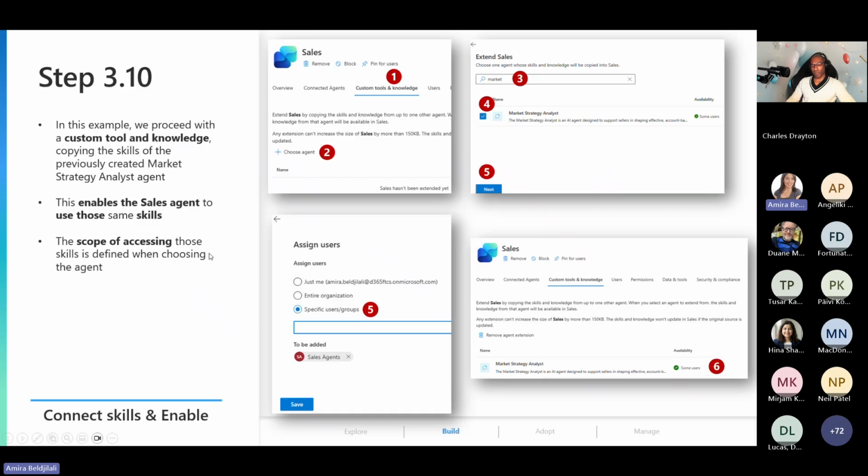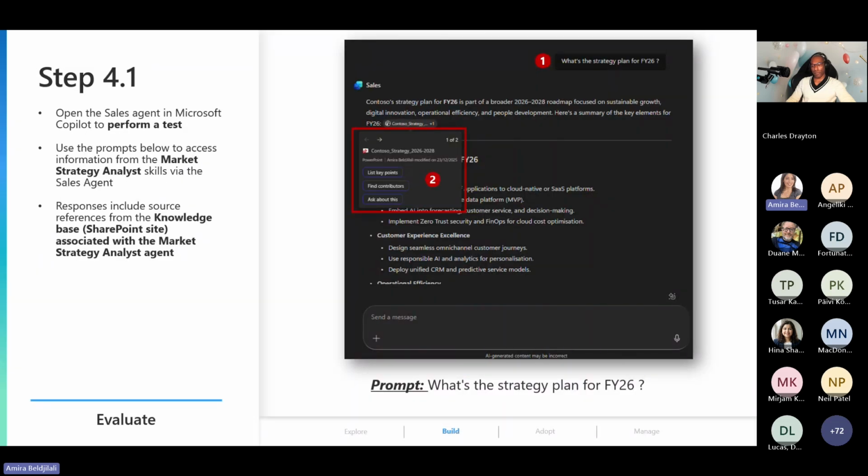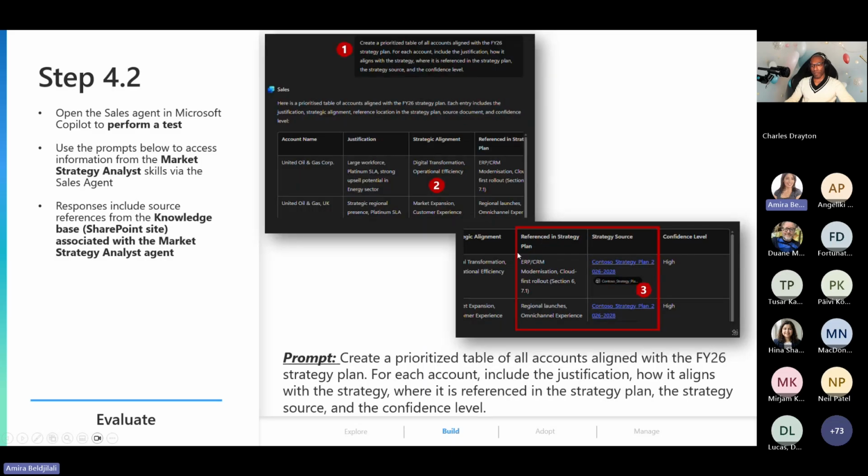And what I wanted to check, I know we still have just a few minutes. Yes, in your test, don't hesitate always to see the source. And here, for example, it's something that I always use with my customers. I tell them, here it's the sales agent and it is answering what's the strategy plan. I'm sure now if you all go to your sales agent and ask what's the strategy plan for the fiscal year or something in your SharePoint, you will just get the classic response: I'm only designed to answer sales-related questions and I cannot answer these. But when you do this extensibility and connect it to your SharePoint, then you will be able to see the source of your SharePoint. And here is a prompt that I love as well: what I need to focus on